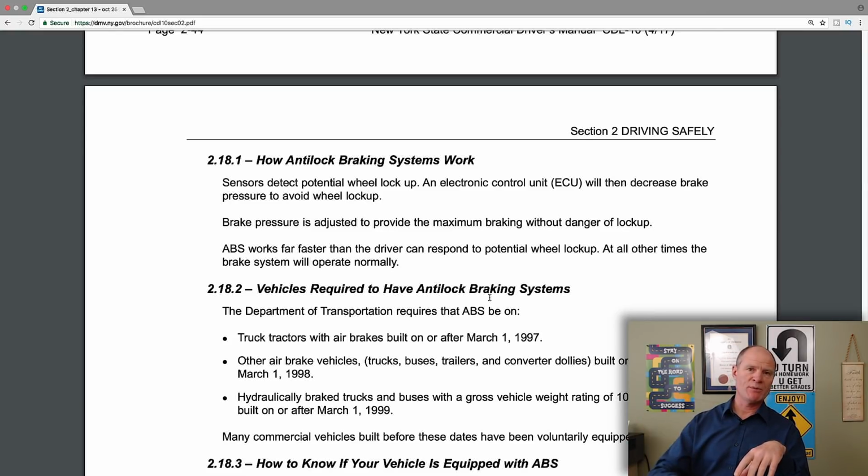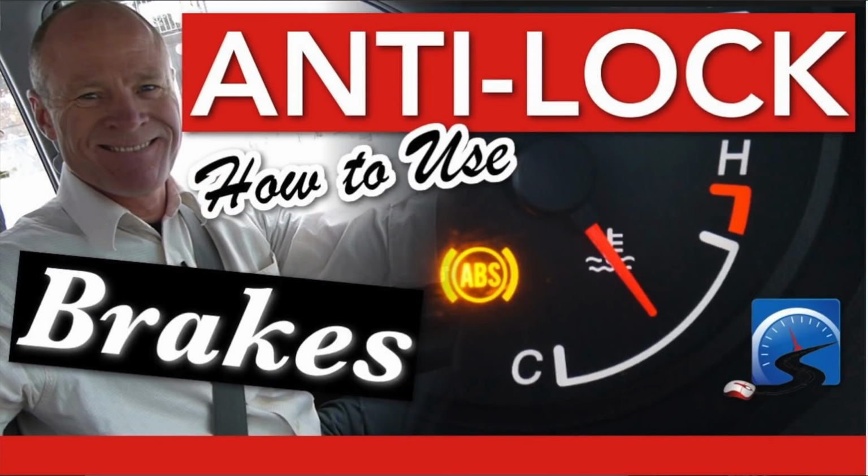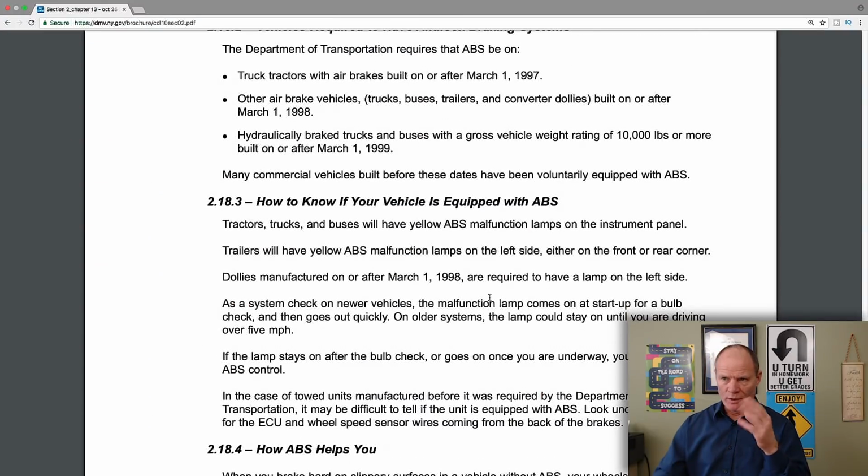When you turn it to the on position, the ABS light will come on momentarily and then go off. And again, I'll put a video up here for you on ABS brakes, and that'll give you a bit more information on ABS brakes. What they're talking about here in